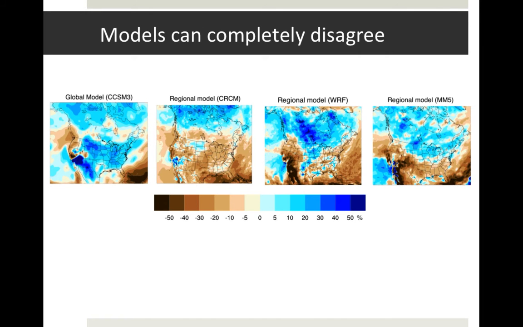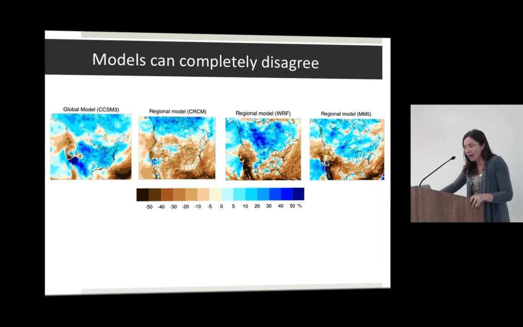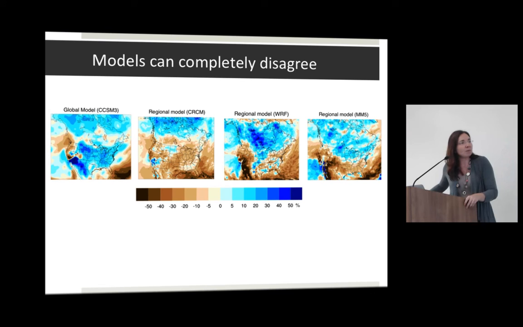Regional climate models are physical models and they can completely disagree. These are some pictures I got from NARCAP, and I'm going to admit I picked the worst ones. I actually went through the NARCAP website that has a lot of regional climate models, and I went looking for the worst ones. So this is the worst you can find, where this is a season worth of precipitation from the global climate model on the left, and on the right you have 3 regional climate models downscaling that same information. Isn't that interesting? Pretty different.